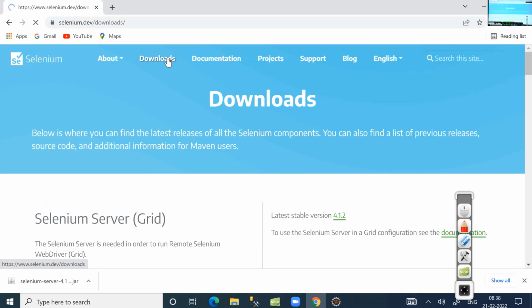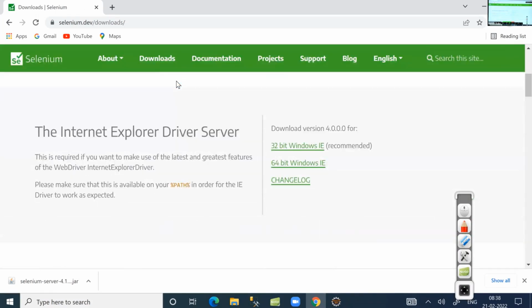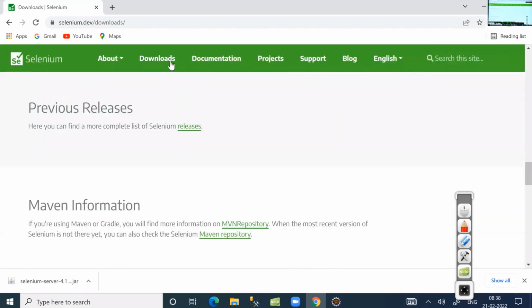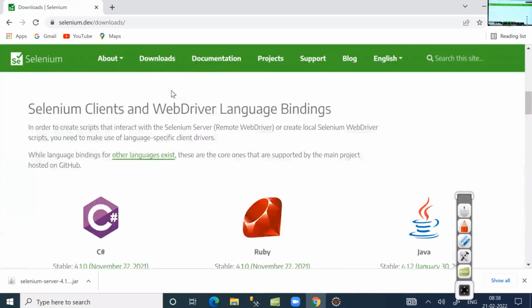We are at the download section. As Selenium is a free software, it is used for browser-based application testing. If you go a little down in the download space,